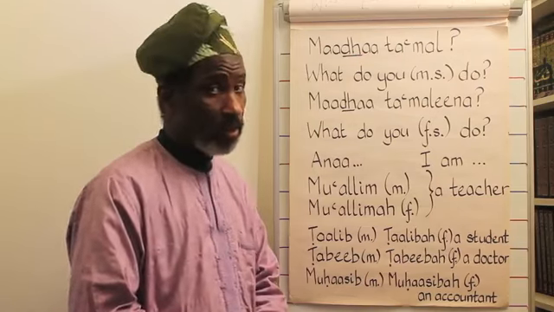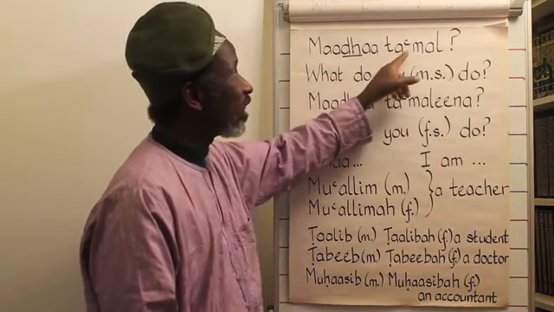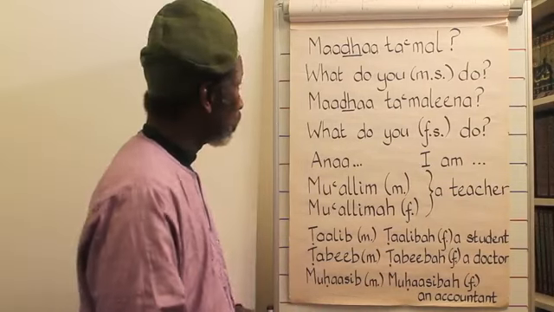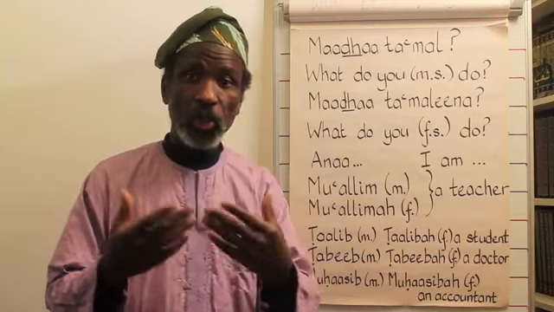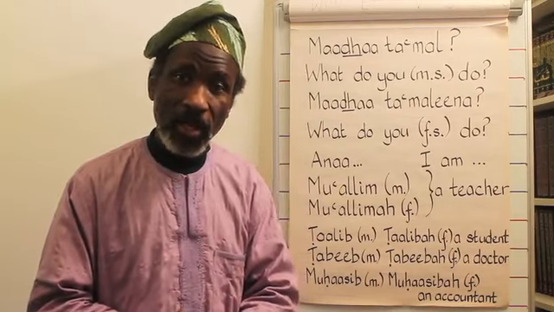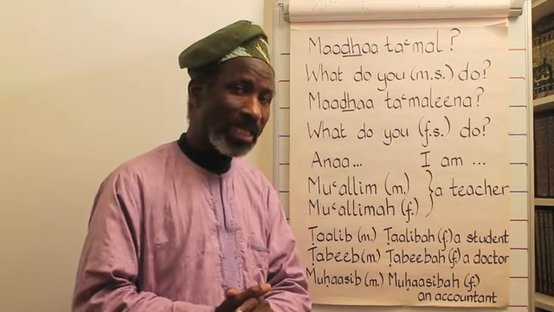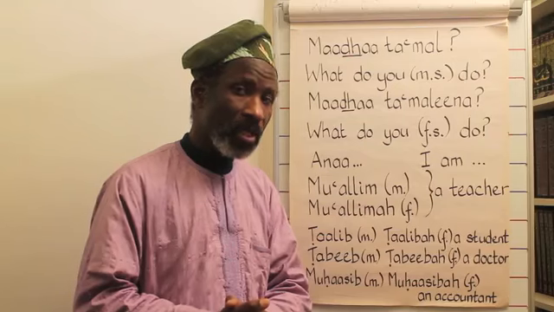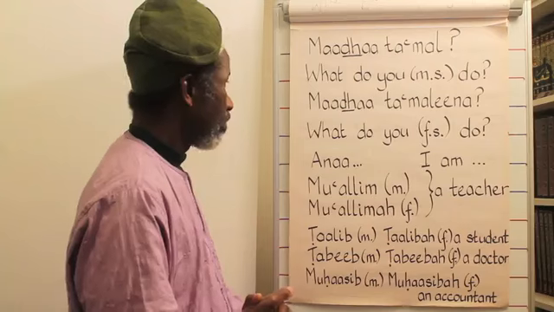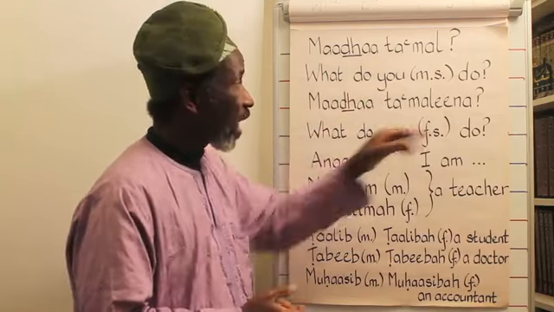ماذا, meaning "what", followed by an action word, a verb. ماذا تعمل؟ What do you do? That is speaking to a singular male. Can you guess what the version speaking to a singular female would be? Yes, ين at the end. ماذا تعملين؟